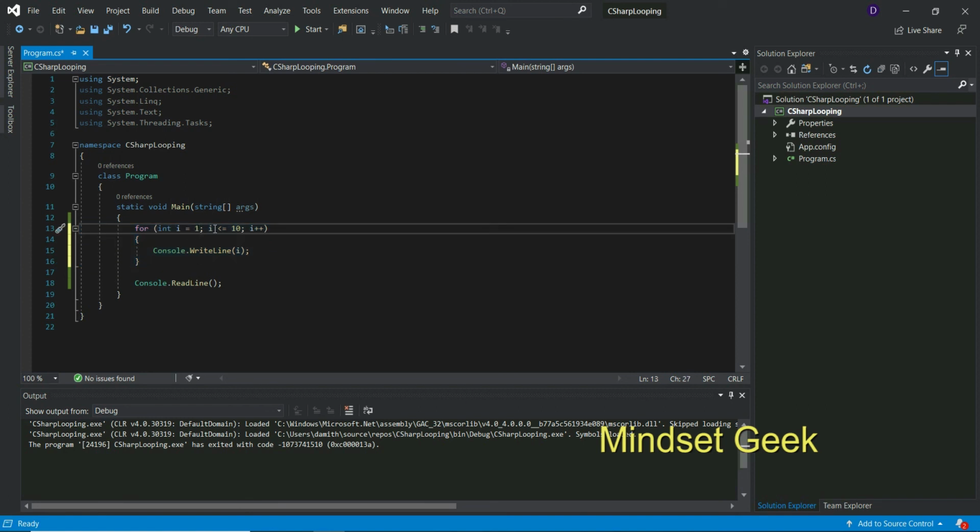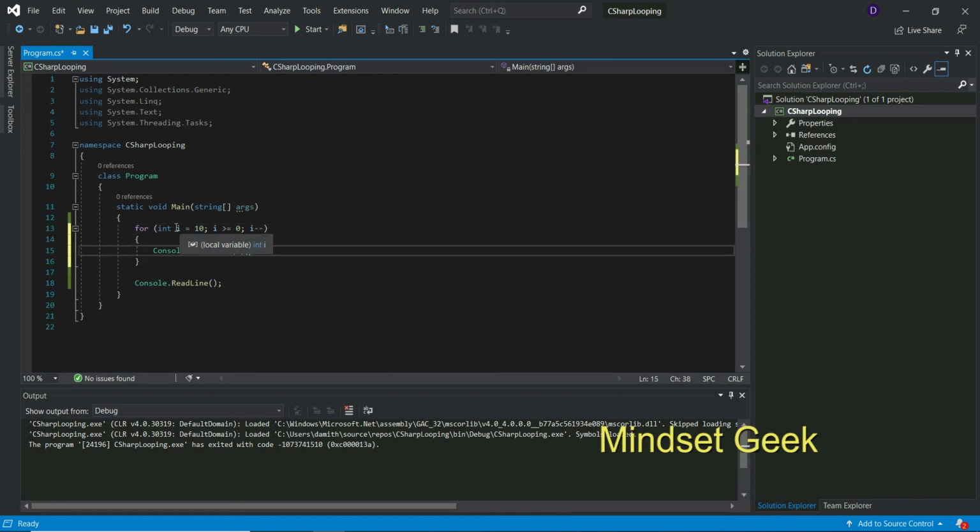We use the for loop when we exactly know how many iterations we want. First value is 10. We want to iterate from 10 to 0, with minus.